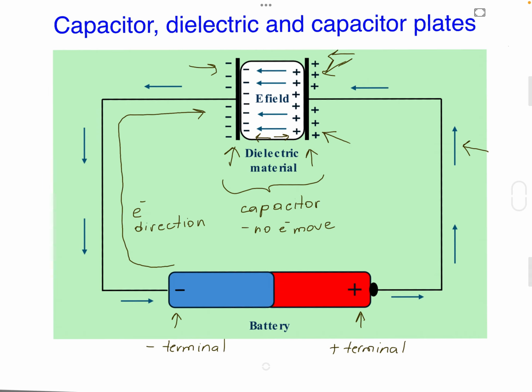So you see here, I didn't just put these arrows here. You see the arrows coming from the positive side all the way to the negative side of the battery. So if the electron's direction is from negative to positive, so here I'm just going to write all this electron direction. Then why do we have these blue arrows, and why is the actual current, not the electron current, from